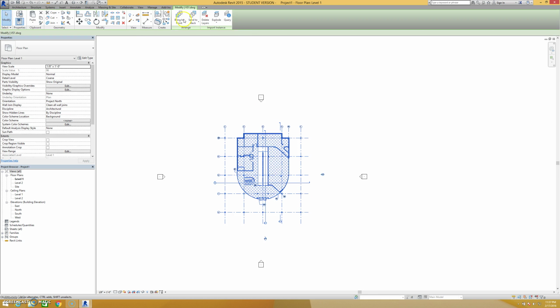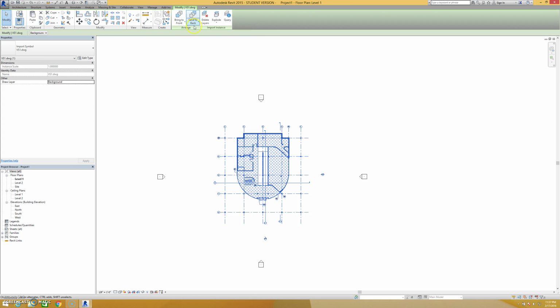So if I select it, I have some arrange tools that allow me to kind of arrange where this is viewed relative to other items in this view. Pretty self-explanatory. I have the ability to delete layers, and I have the ability to explode my CAD so that it turns into its pieces and components. And probably the most useful tool, I think, is this one called Query. So if I select this and I hover over any line,